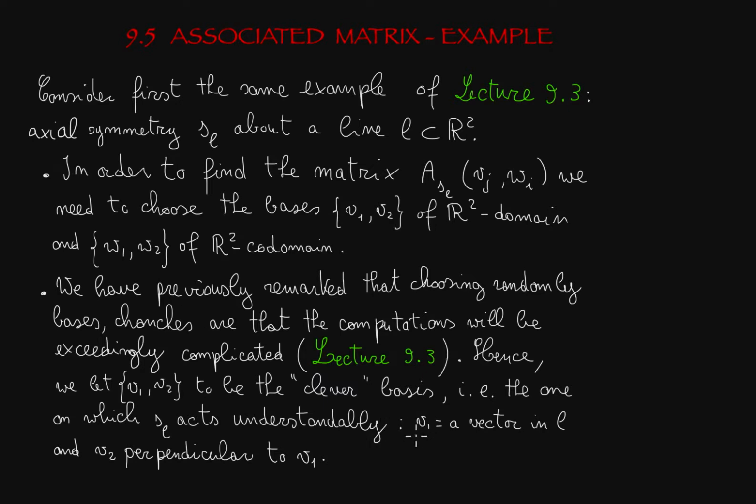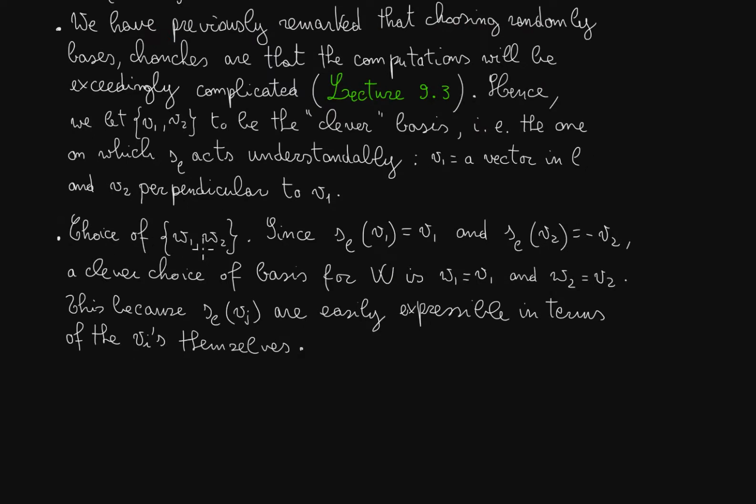You remember in that lecture V1 was chosen to be a vector in the axis L and V2 a vector perpendicular to V1. The choice of V1 and V2 is clever since SL of V1 is V1 itself, because V1 is a vector in the axis, and SL of V2 is negative V2. While this has been proven in lecture 9.3,